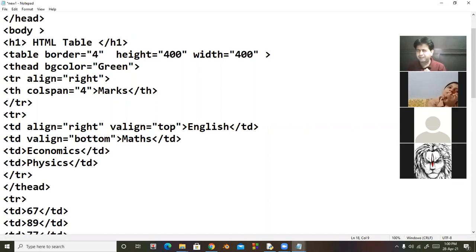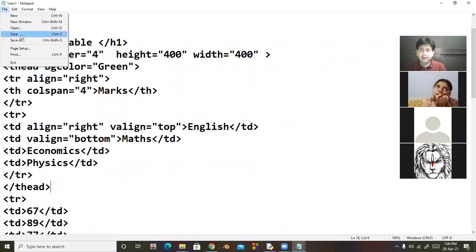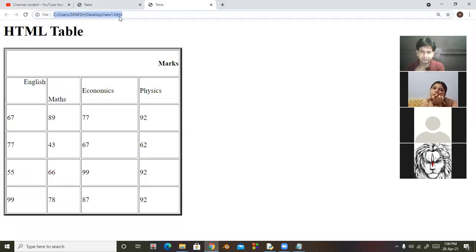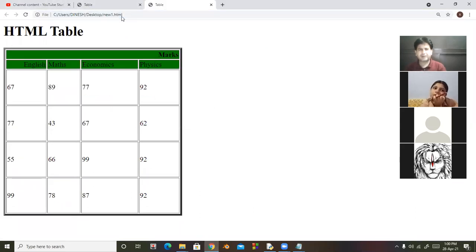So what I did here: I gave an attribute to T head, BG color equal to green. And I include 2 rows inside that T head. So I'm saving this. I'm refreshing the web page. So look at here. All the rows that come inside that group will get this feature applied. This is for grouping only. So next is